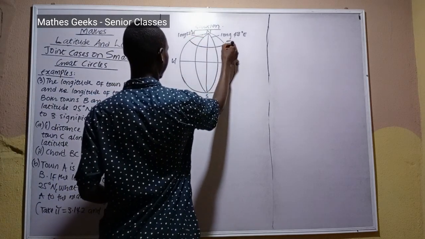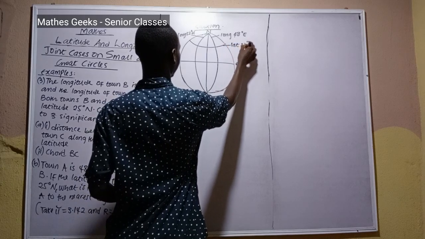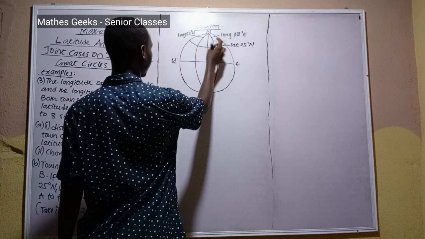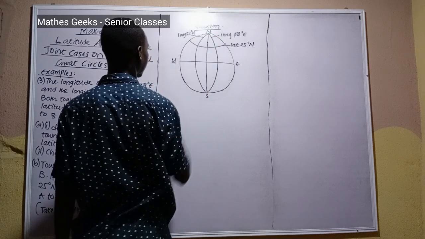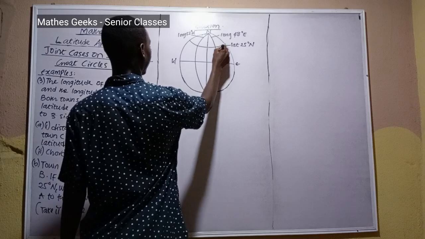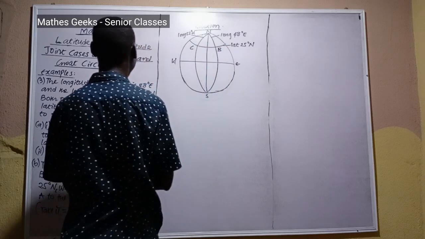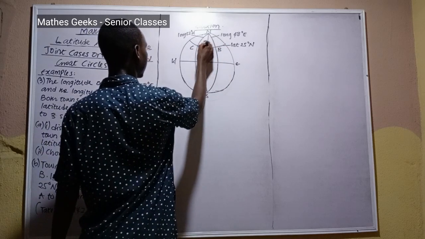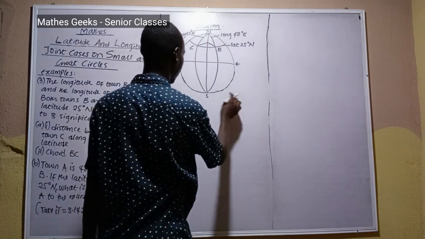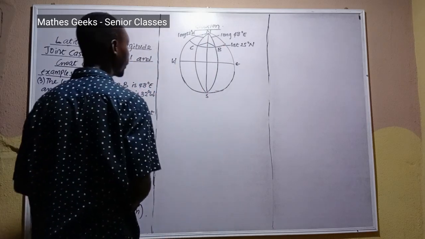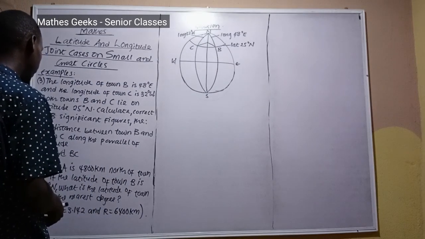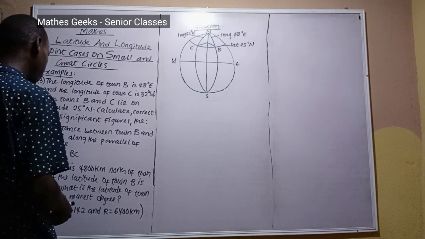This is latitude 25 degrees north. So this line of latitude has a center, which is this. So this is point B and this is point C. Alright, so from the center, connect the 2 points. Now the next thing is, this one says find the distance between town B and C along the parallel